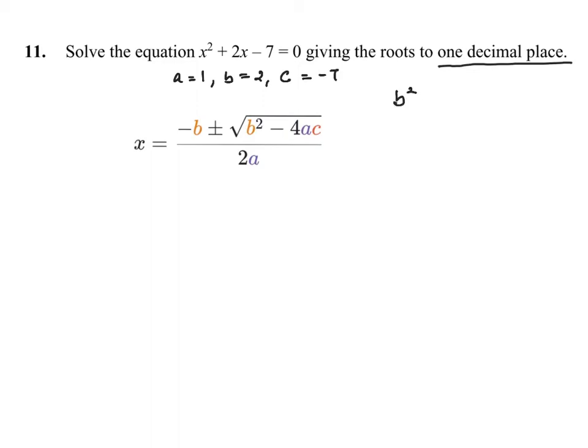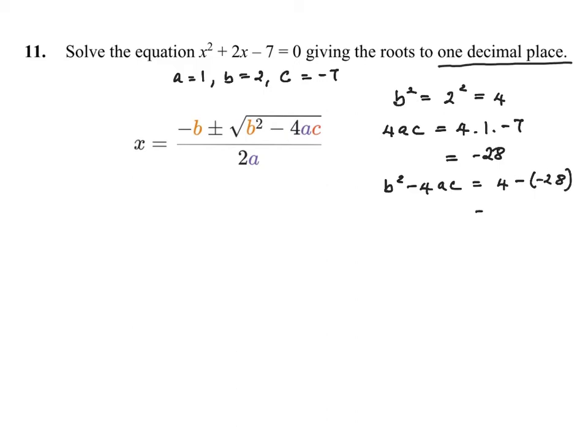b squared is 2 squared, which is 4. 4ac is 4 times 1 times minus 7, which is minus 28. And b squared minus 4ac is 4 minus 28, which is 4 plus 28, and that's 32. So, minus b, minus 2, plus and minus the square root of 32 all over 2 times a, 2 times 1,